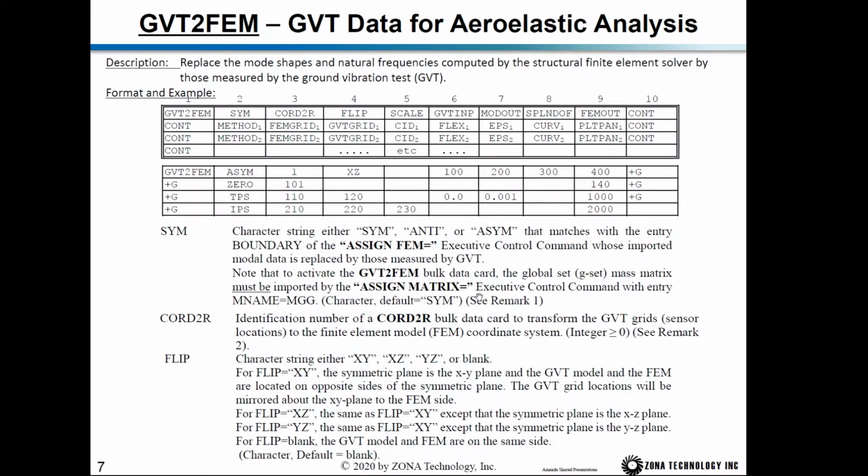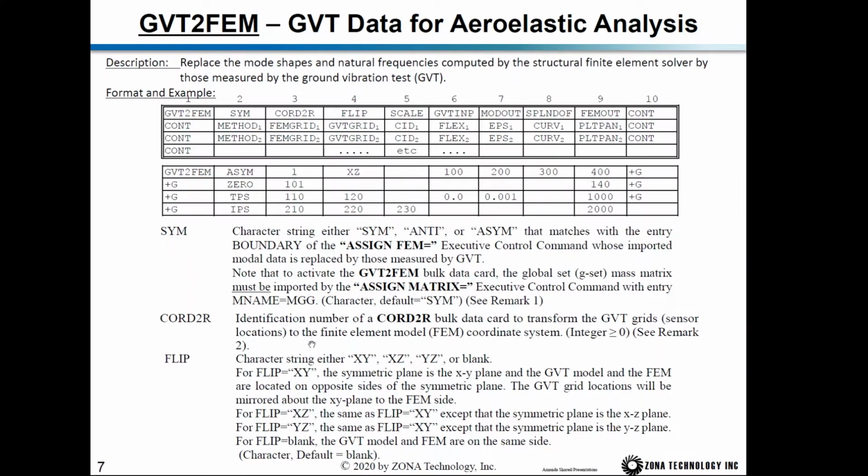Assign matrix equals executive control command with entry MNAM equals MGG. So in case the GVT coordinate is different from the finite element model coordinate, then you need to define a control card to transform the GVT data, the grids, to the finite element